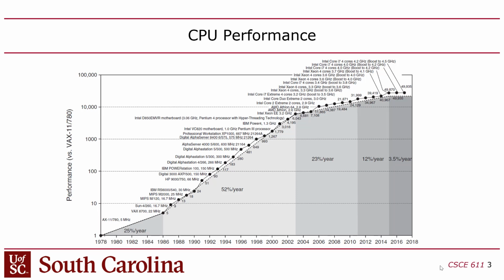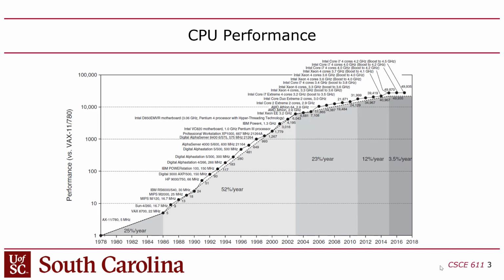Hennessy and Patterson, who wrote the architecture textbook, put this together, and this is plotting the speedup of these computers relative to the VAX 11-780, which I believe was a VAX machine. So that's one. And for example, this machine is 280 times faster than that for whatever benchmark they're running. They plotted all these things, and this is a little out of date. It goes to 2018, but they also divided it into segments showing the average rate of improvement over that segment. Obviously you could move these segments around if you wanted to, but you could see that from 1986 to